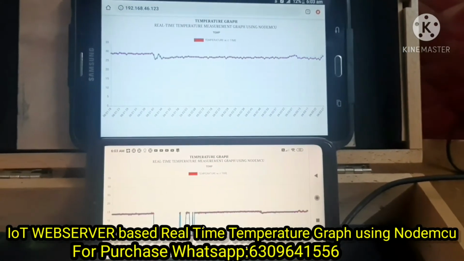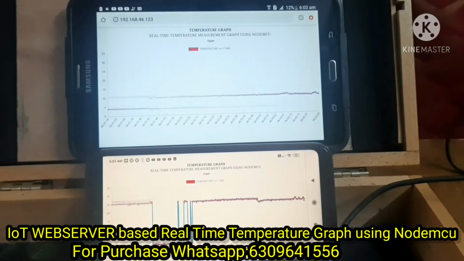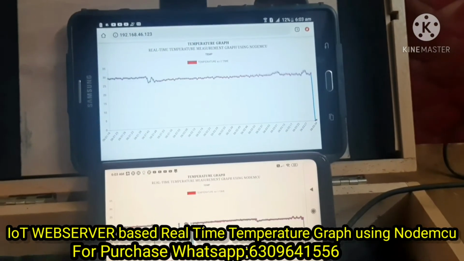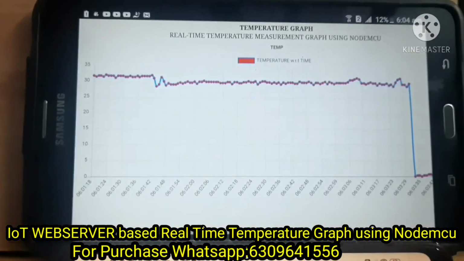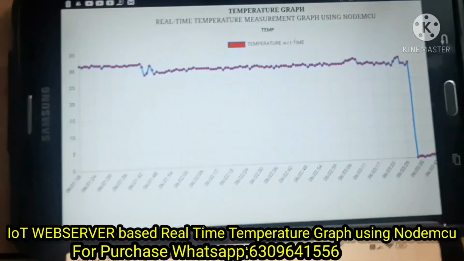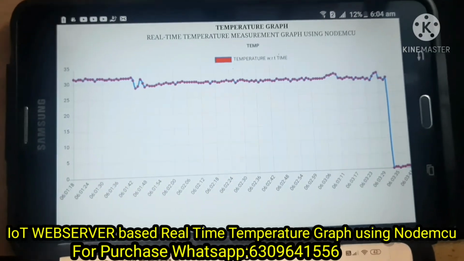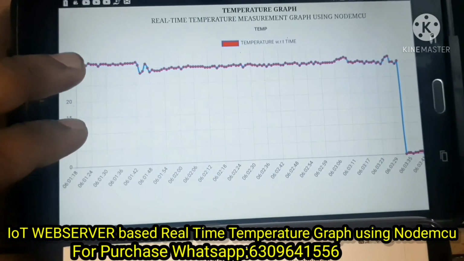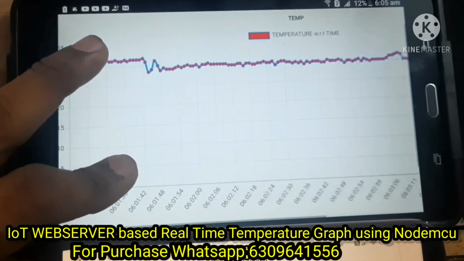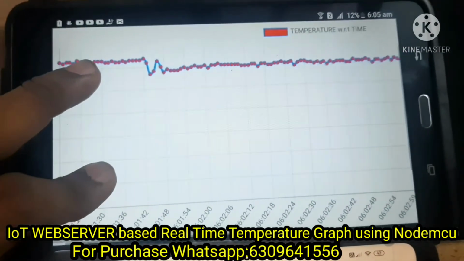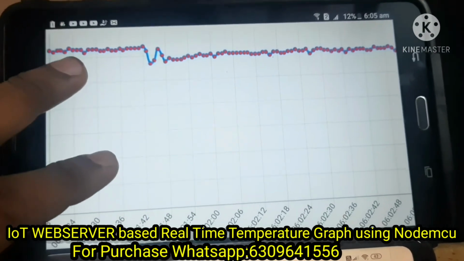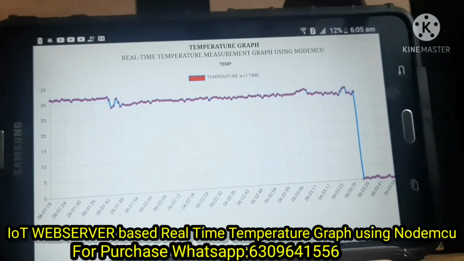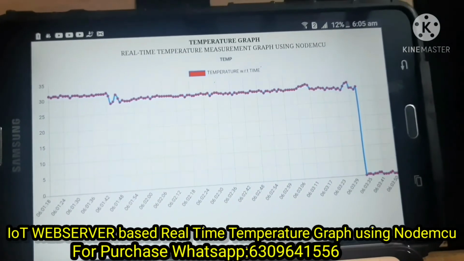After obtaining the graph for some time, if we cut off the supply to the node MCU, after some time, if you switch off the supply to the node MCU, the graph will stop at this point. So at this point, we will analyze the change in parameters. Okay, at what time, what is the change in parameter occurs. In this way, we will get the real-time